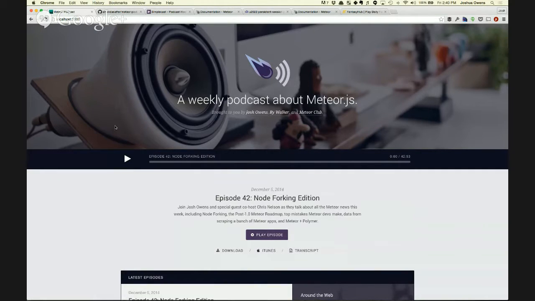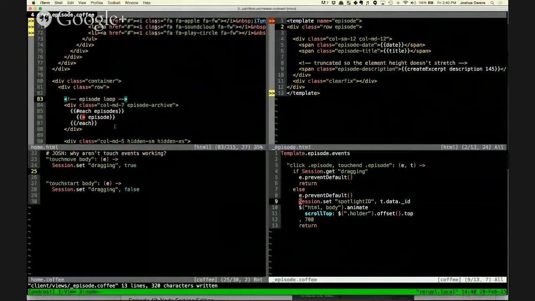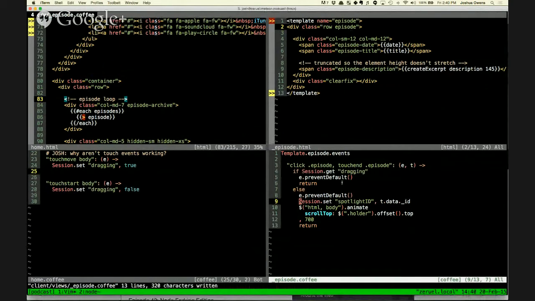So we don't need it, but that's just a high-level overview of session. And the other thing I would say is, because we moved this to a sub-template, we do need to use session here. But if this data wasn't being used outside of the template that we just created, then you could use reactive var as another option as well. So it works just like session, but it's scoped to the template,